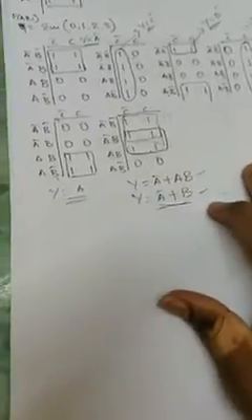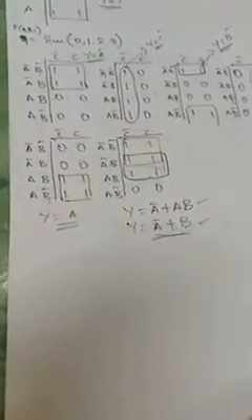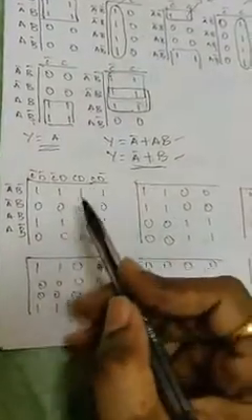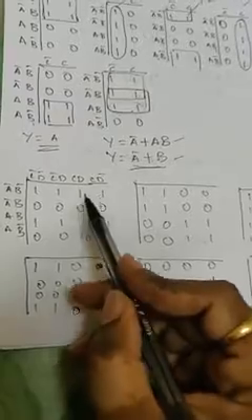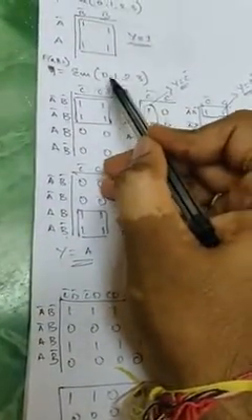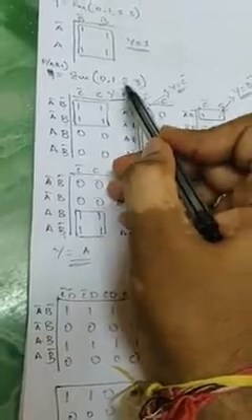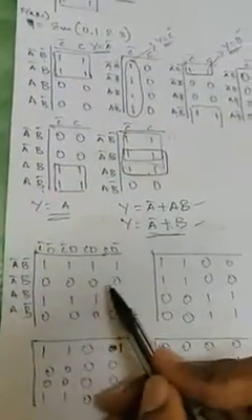So now let me go with the 4 variables. Let's see how to make a grouping, the quad with respect to 4 variable K-map. Suppose in case if your K-map looks like this. So I wrote this K-map based on just an assumption. Okay, these ones represent the minterms. If the expression is given like this, by looking at this you are supposed to fill like this. But I have not taken the question, I have just randomly filled.